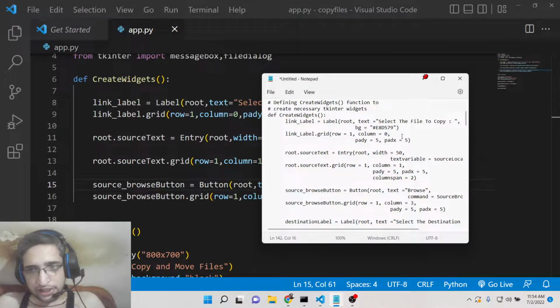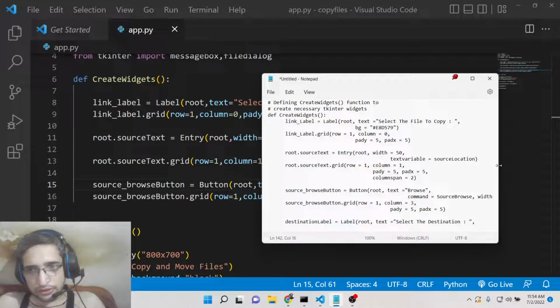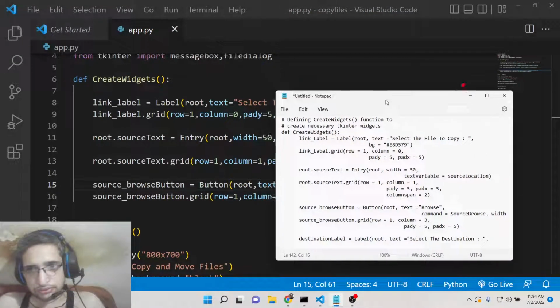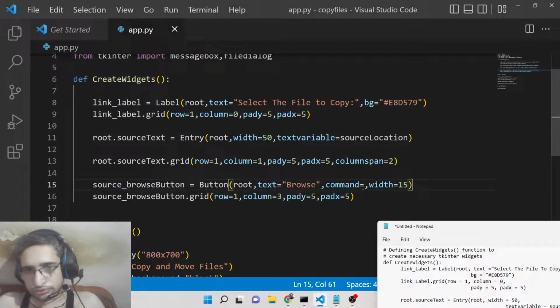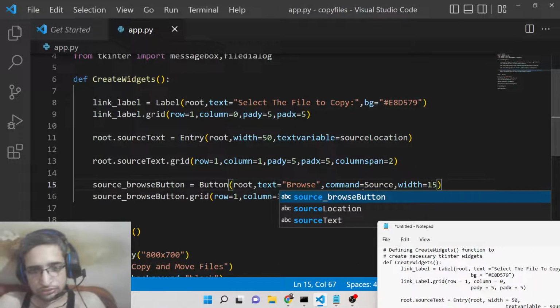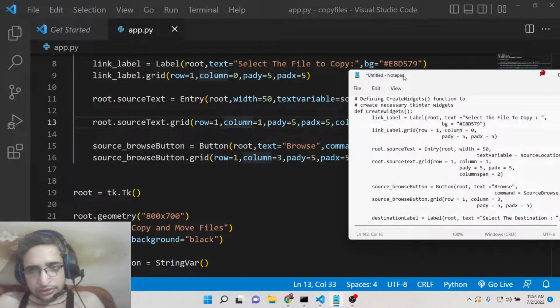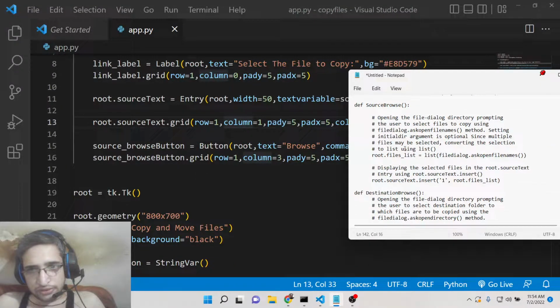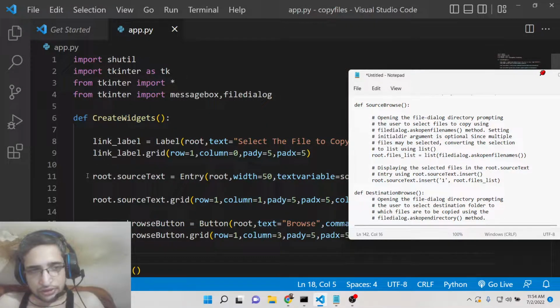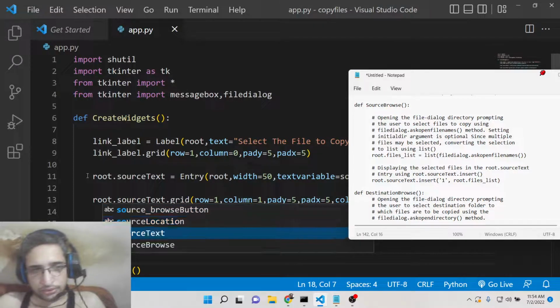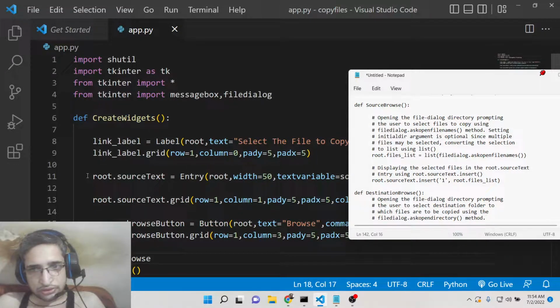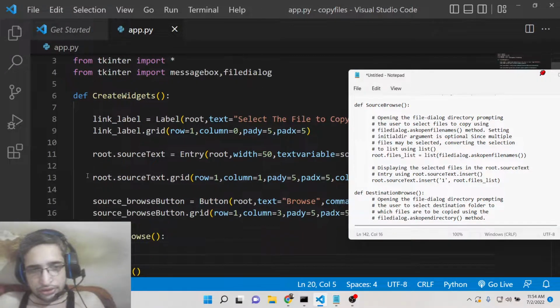Here we will write this function, which is source browse. When we click this button, we need to run this function. We can declare it right here: def source_browse. Inside this, what we need to do is